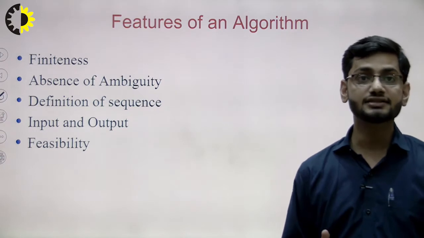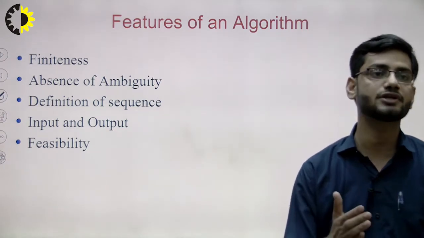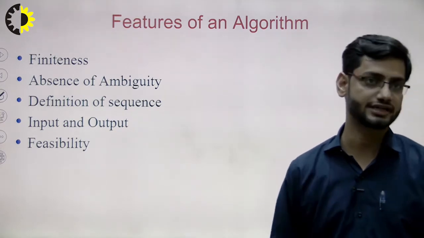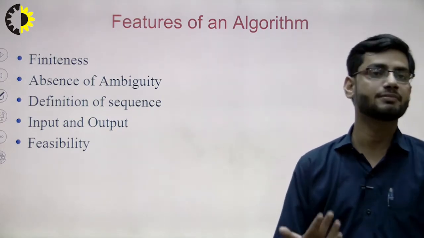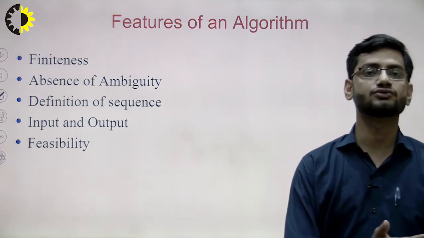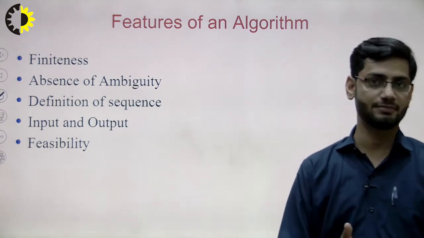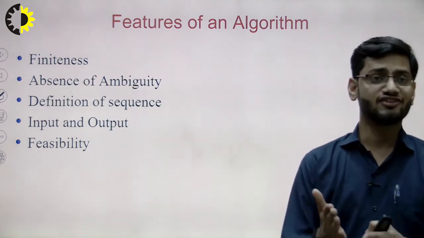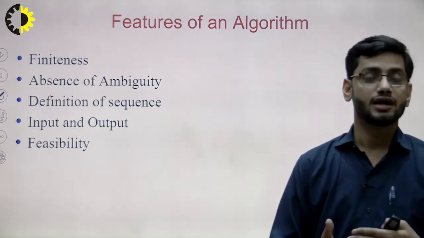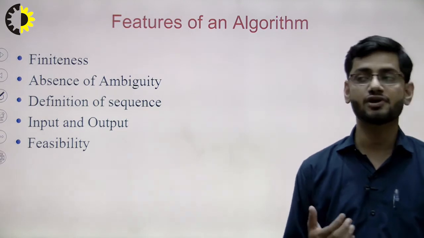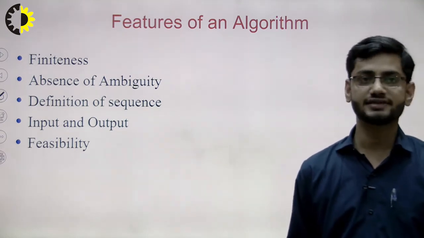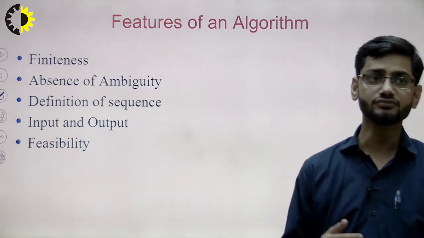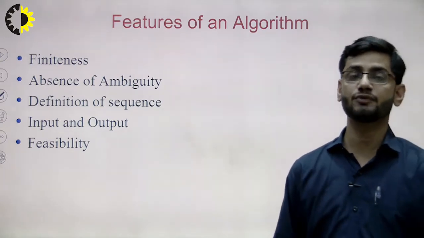And if there is disparity in the answers from the students, if one student says no sir, it is not for prime number detection, it is for odd and even number detection, and a second student says no, it is not for prime number, it is for generating Fibonacci series, meaning all 5 students have different interpretations of the same algorithm, then I will say that my algorithm is ambiguous and not up to the mark. Third is definition of sequence.